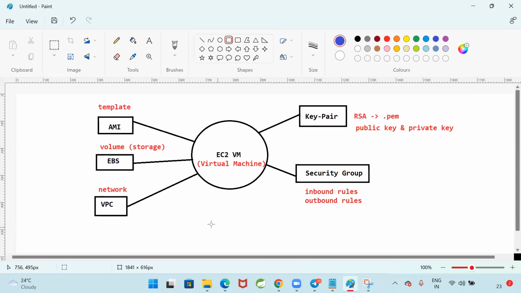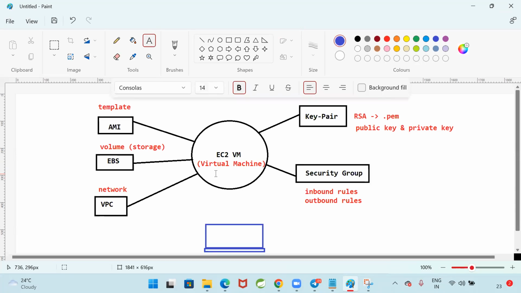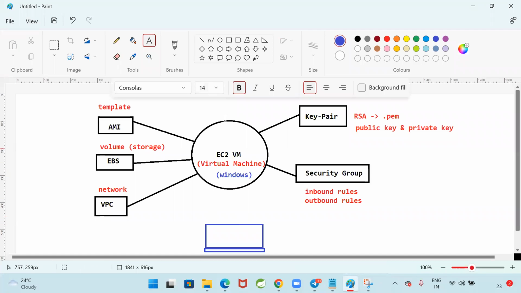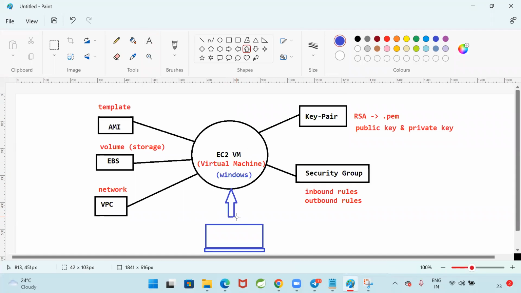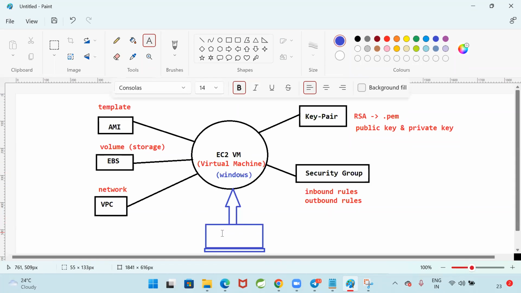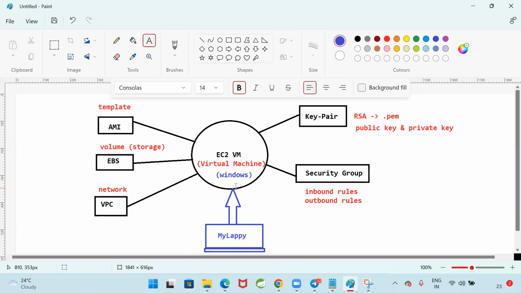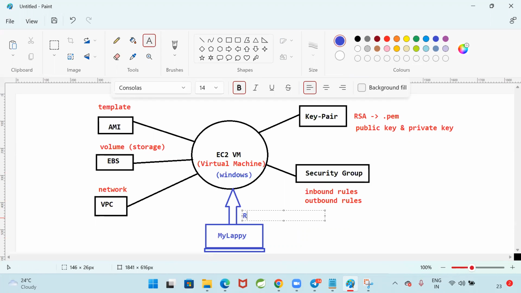Okay, so this is my laptop. From my laptop, I want to connect with the AWS EC2 machine, which is using the Windows operating system, an EC2 virtual machine which is using Windows AMI. All right. In order to connect with this Windows operating system from my laptop, we are going to use an RDP